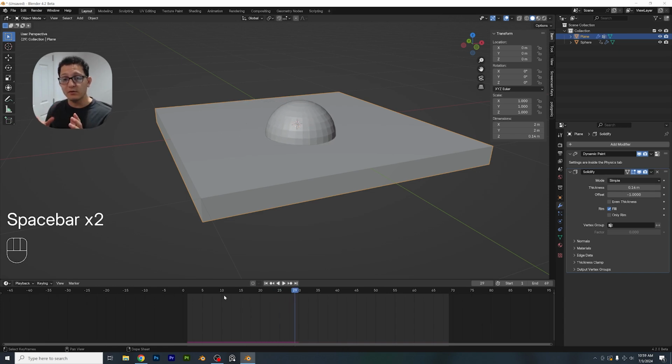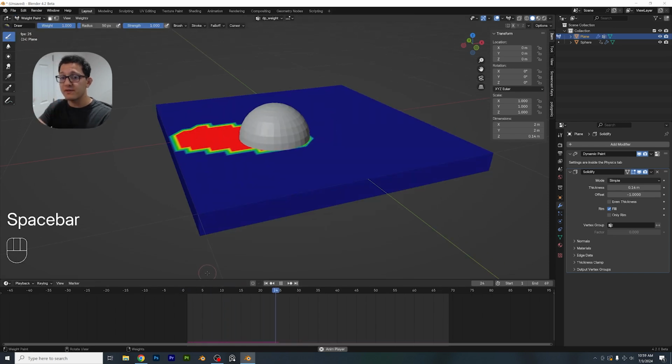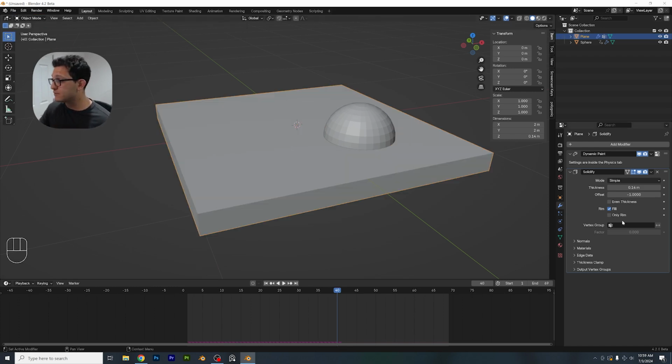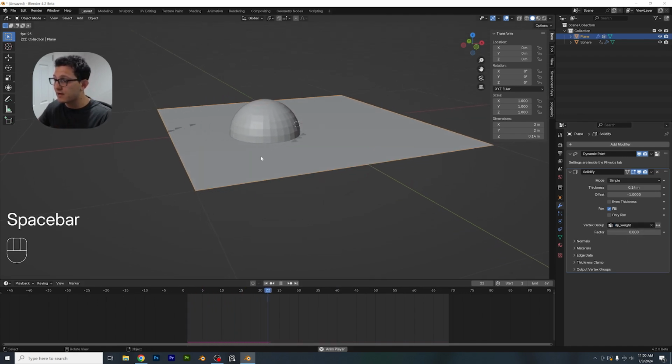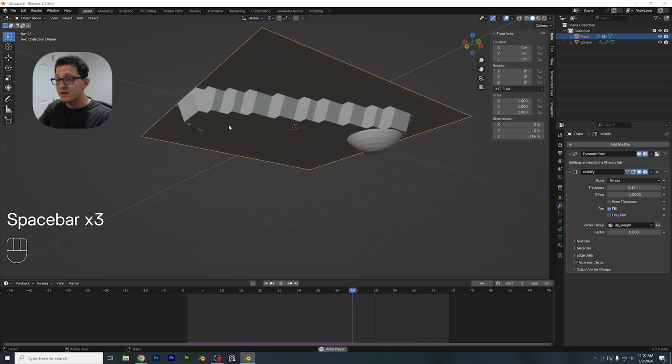But what we can do is take this data from our weight paint, so all of this information that's traveling with the sphere, and apply it to that solidify modifier. So let's go back to object mode, and you'll see within our modifier, there's this little area that says vertex group. If we click on that, we can select our DP underscore weight vertex group. And now when we go back and press play, you'll notice that we're solidifying those specific areas